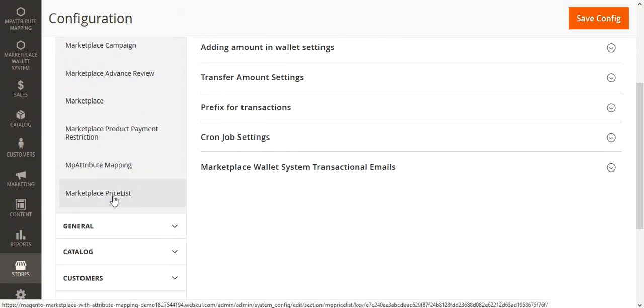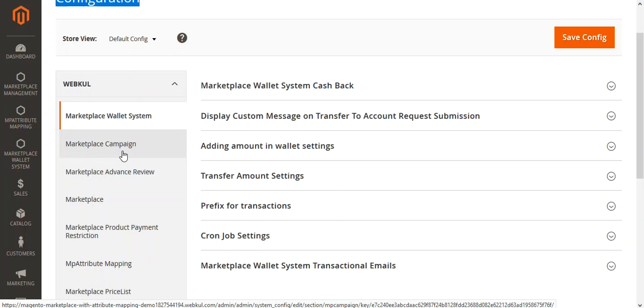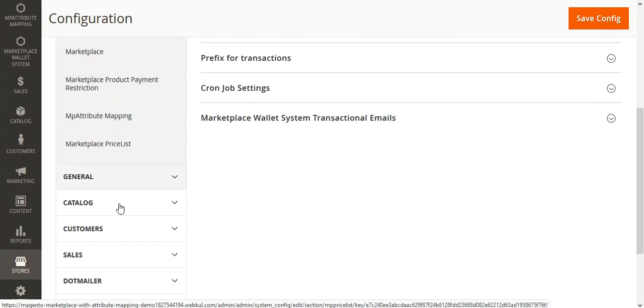As this is just a demonstration instance right now, some other modules are also installed here. So after you've installed the marketplace price list add-on for the Magento 2 Multi-Vendor Marketplace, you'll be having this marketplace price list menu option only. We need to tap that up, and this would bring up the configuration settings for the marketplace price list,